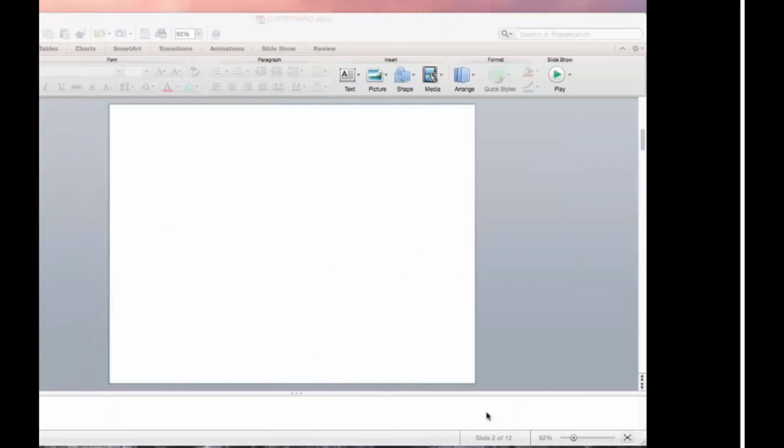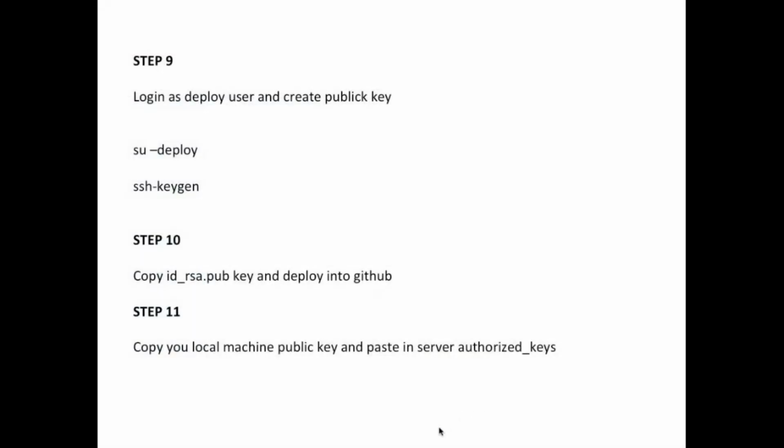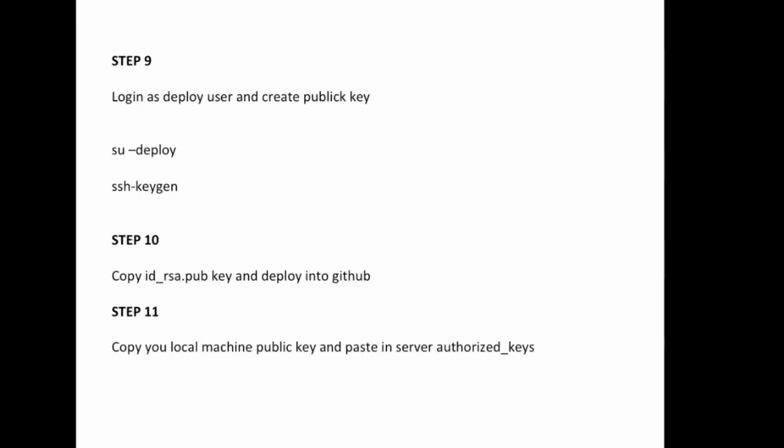So next, we logged into the deploy user, we created a keygen, and we copied our id_rsa public key into GitHub. The next step is we need to copy our local machine public key and paste it into the server.